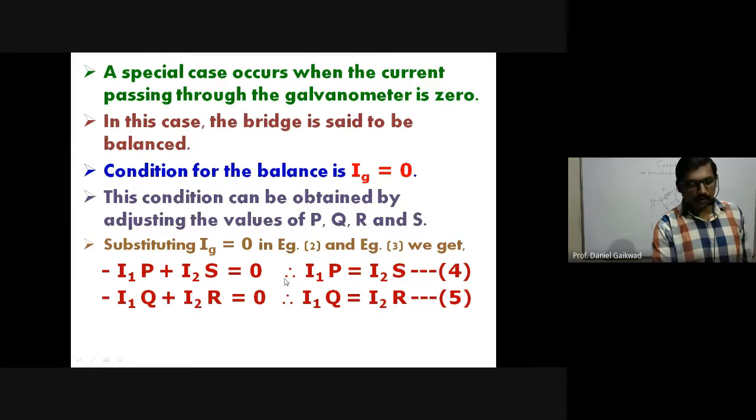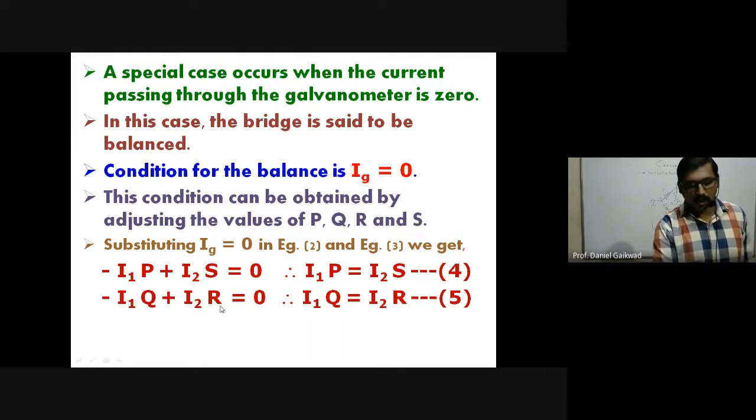So what we have done in equations 4 and 5: we have minus I1P plus I2S. Now I1P taken to the right hand side of the equal sign becomes positive. If you write it interchanging I1P and I2S, this is equivalent to I1P equal to I2S, as equation number 4. And similarly in equation 3, if we substitute Ig equal to 0, what we obtain is minus I1Q